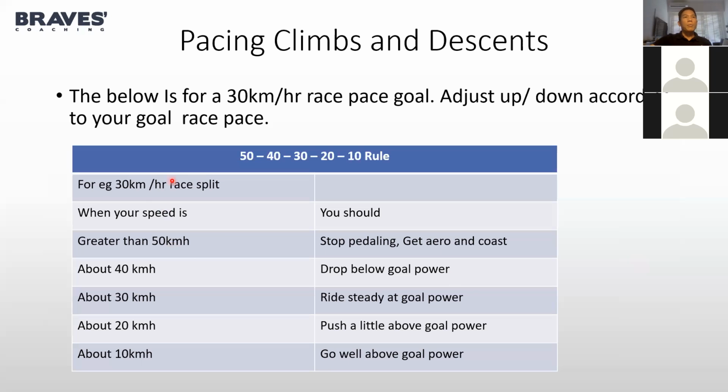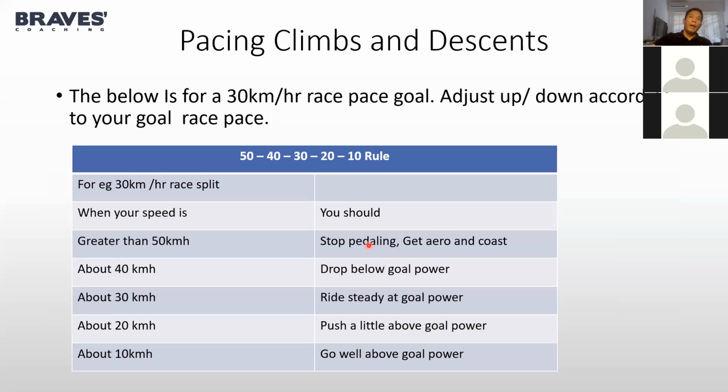For example, for a 30 km/h race split, if you ride at about 30 km an hour, then you ride steady at your goal race power, right? If you are descending on a gradual decline and your speed picks up to about 40 km an hour, then you should drop below goal power, right? If you're descending steep and going fast, then you stop